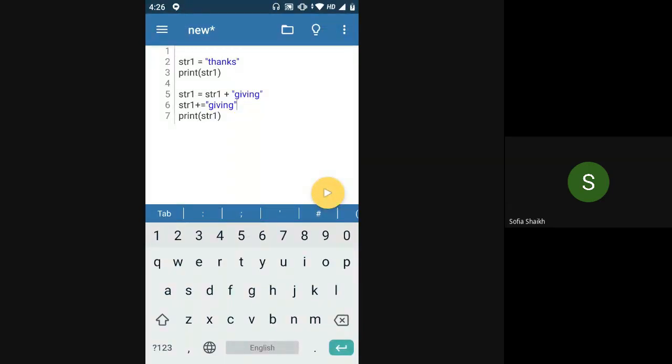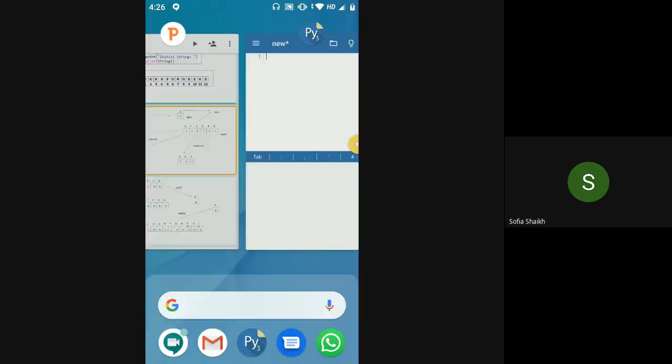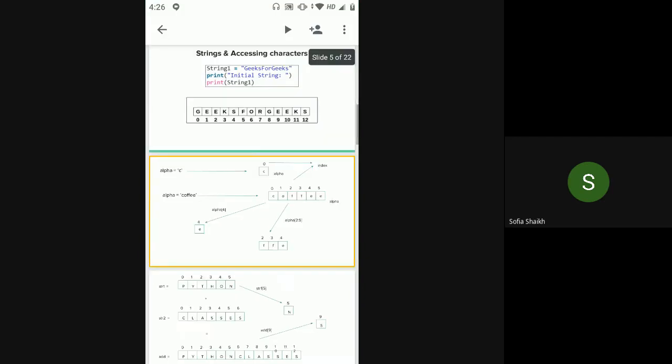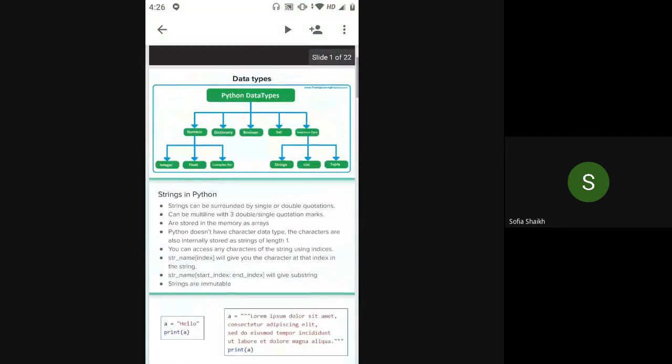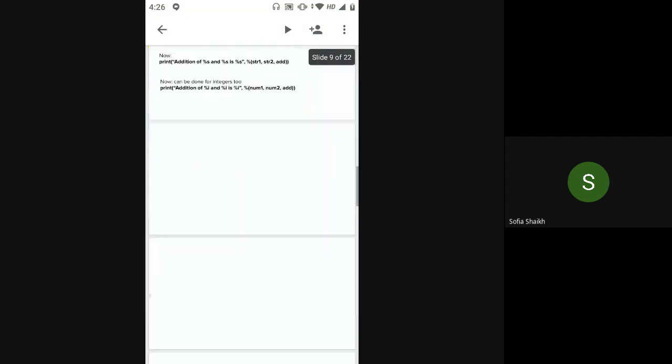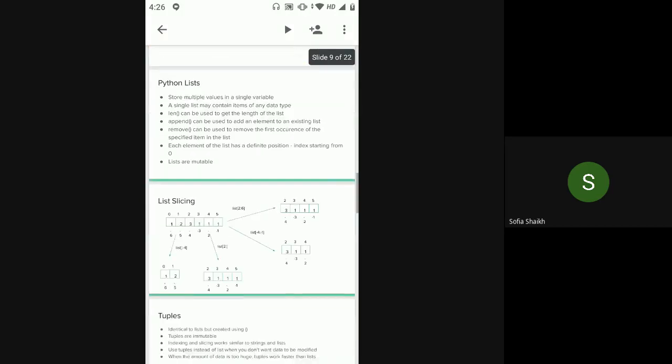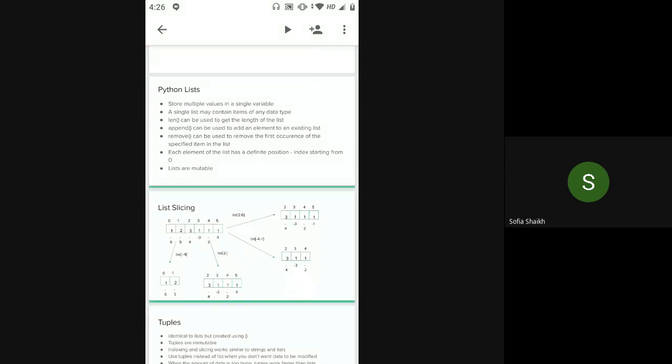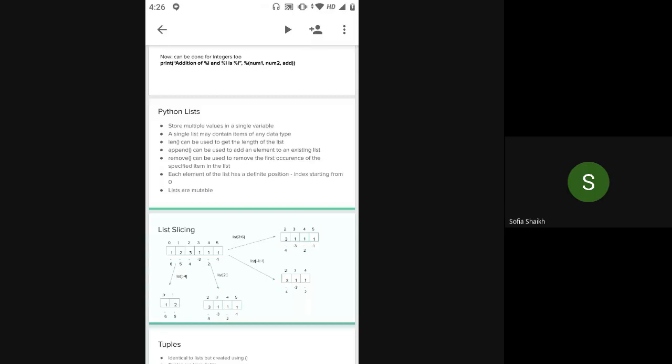Okay. So fine. Let's just start with the second type of sequence data, which is lists. Yeah, a list. Okay, so a list is basically in Python, like you would be creating a list, right? A list where if you want to go to a market, you usually create a list of items that you want to buy from the market or something. So this is similarly a list.